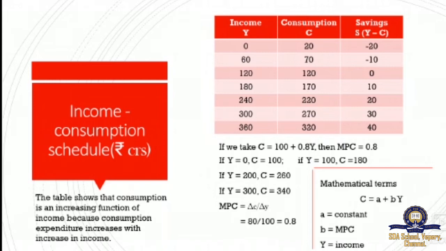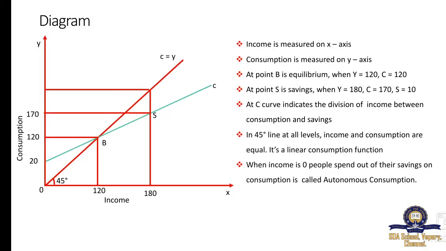Now look at this left side. The table shows that consumption is an increasing function of income, because consumption expenditure increases with increases in income. When we earn more money, we spend more. So when the income is high, the consumption expenditure is also high. At the right side, look at the red box in the corner. It gives a mathematical term: C equals A plus BY. Now we will see the